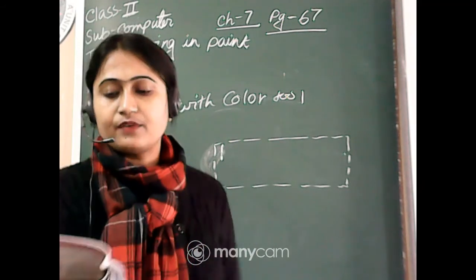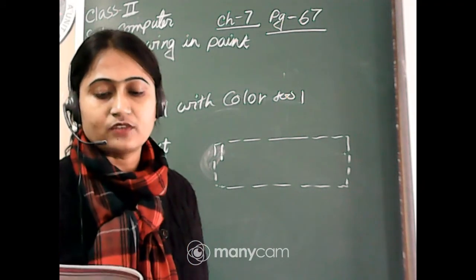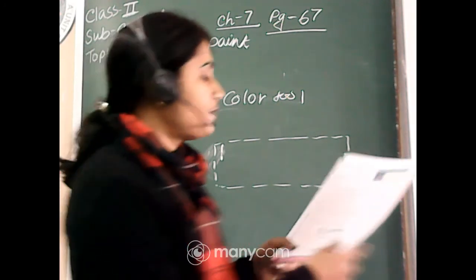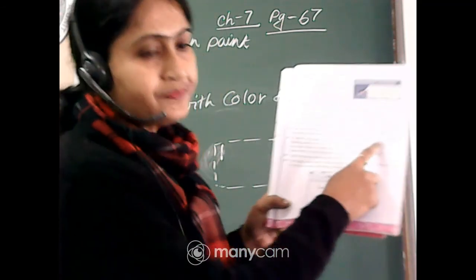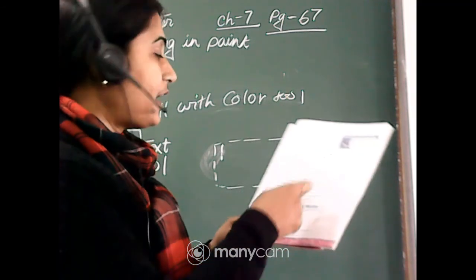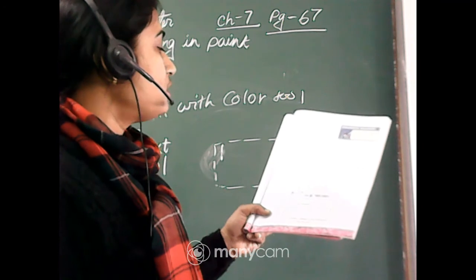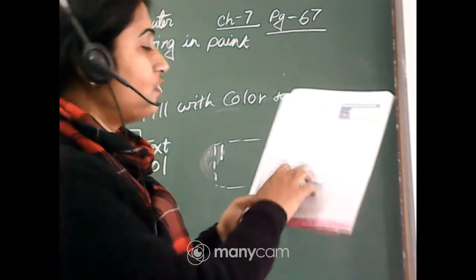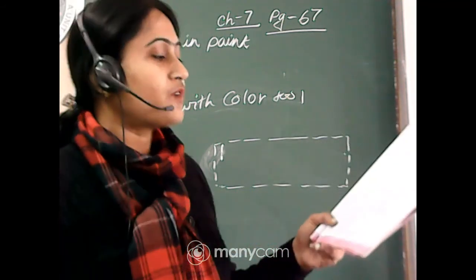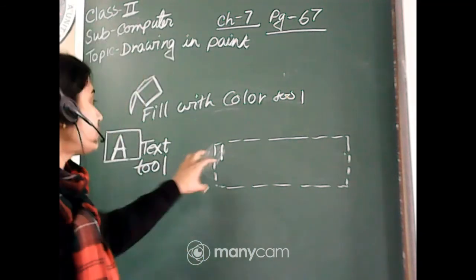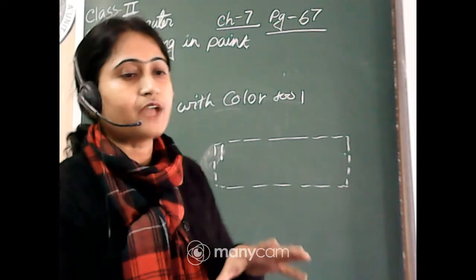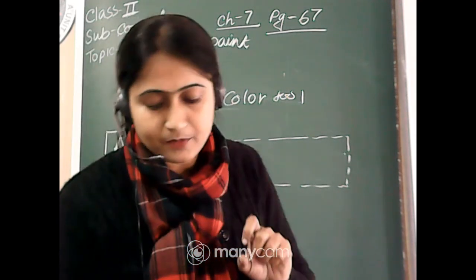Okay. And now you will see that a new tab appears on the screen known as text tool, as shown in the figure. You can see this type of text tool will appear. You can choose the color, the size, and the font style. From here you can change the font, make the text bold, italic, underline, whatever you want. Type the text you wish to enter in the text box using the keyboard. Obviously, if you want to write something, you have to use the keyboard.